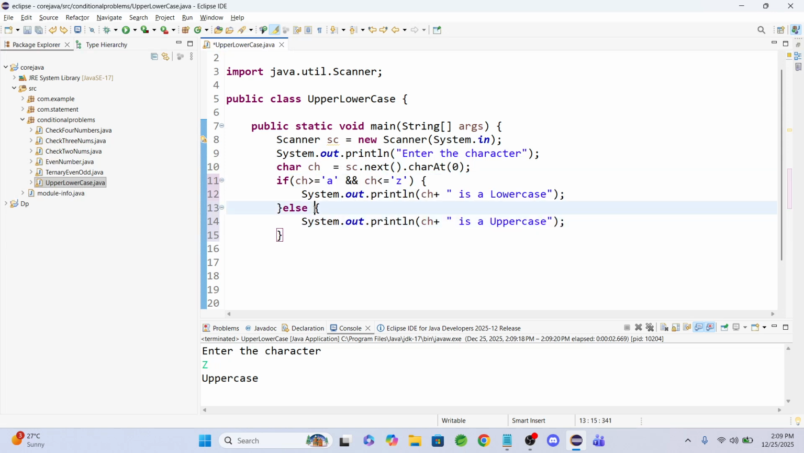If the condition is else if, we already saw about if, else if, and else in our previous class. In the else if, the condition is ch greater than or equal to capital A and ch less than or equal to capital Z, then you have to say that it's an uppercase. And what is the else part we have to write? We have to write like ch